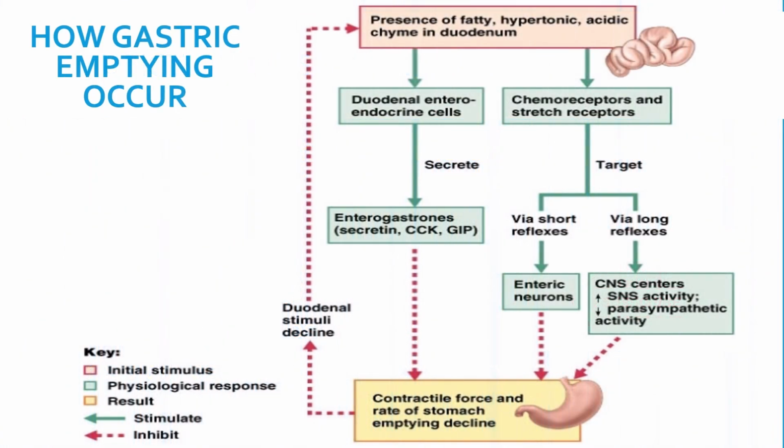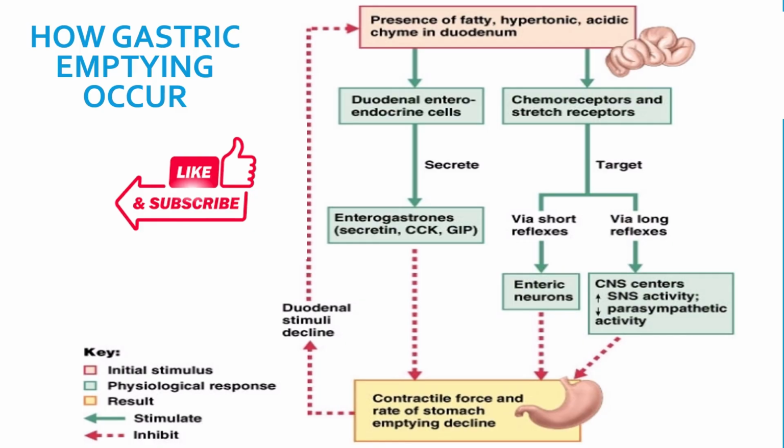This picture shows the enterogastric reflex and hormonal control of gastric emptying, how the duodenum slows down stomach emptying when it receives too much food. It is clear that the presence of fatty, hypertonic, acidic chyme in the duodenum activates chemoreceptors and stretch receptors. The duodenal enteroendocrine cells detect the chyme and release hormones called enterogastrones: secretin, cholecystokinin and gastric inhibitory peptide. These hormones travel through the blood to the stomach and decrease stomach contractions as well as slow down gastric